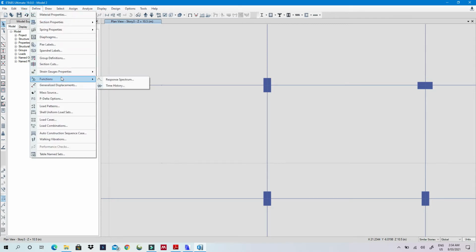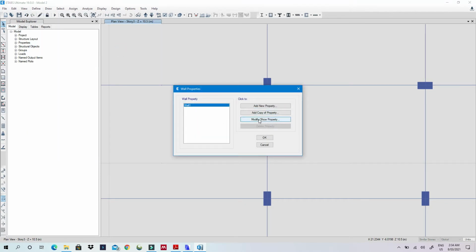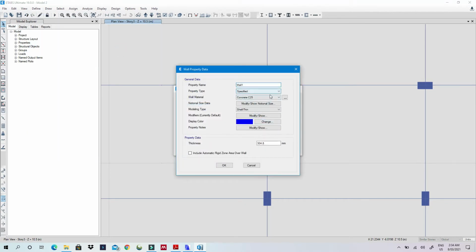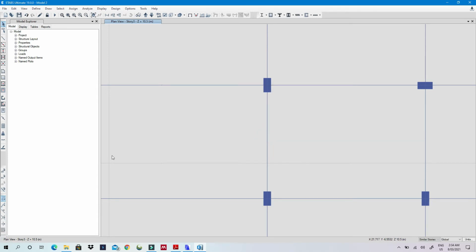Okay, so we need to define a wall. So I'll go to wall, and I'll just take this one, just modify it. Everything is ready. Okay, so I want this to be 200 only, and everything is okay. So okay, just give it. Okay, so now